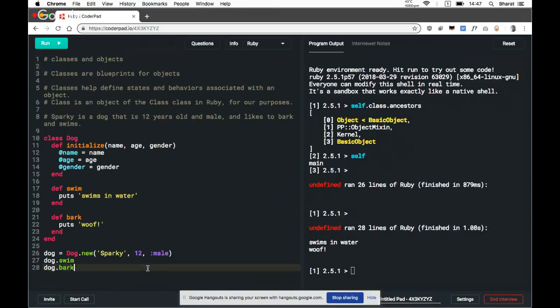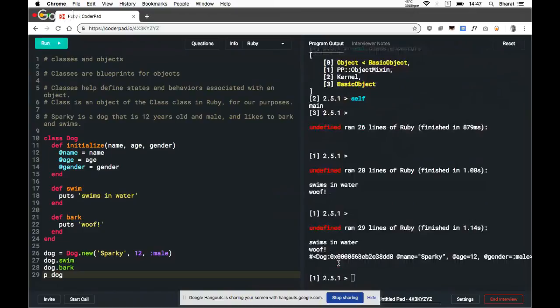Yeah, so we have states of this object, which is indicated if we just inspect the object, and we are seeing these three states, which will vary from object to object, but the behaviors will not.